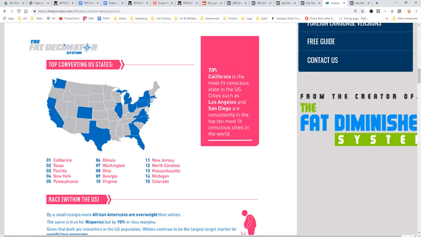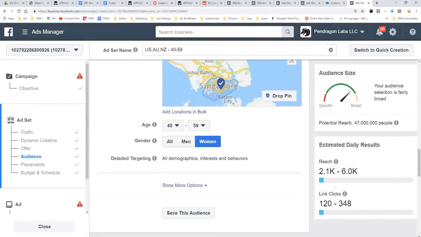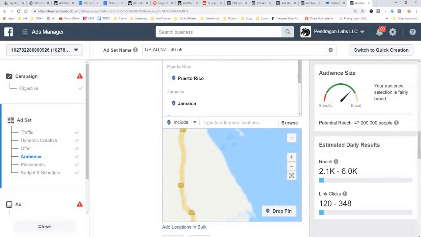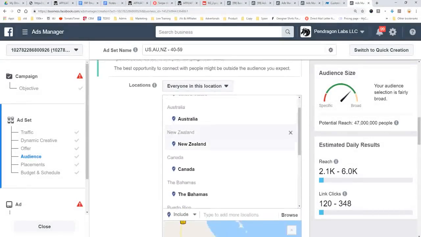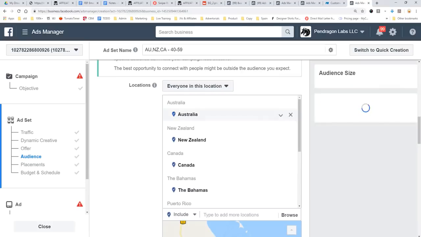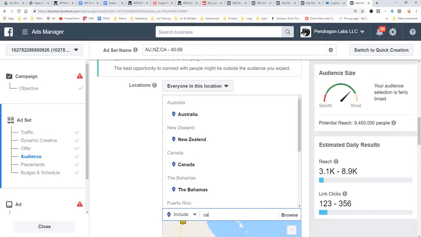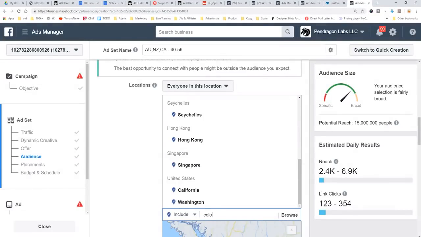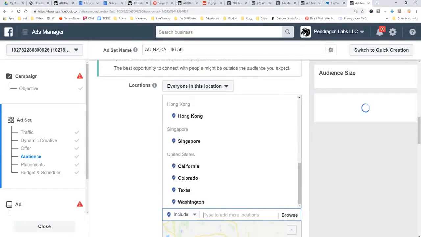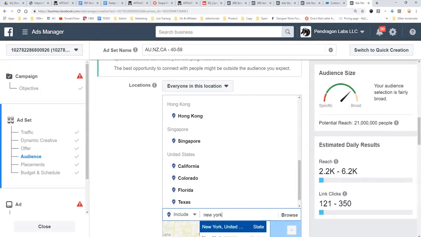California, Washington, Colorado, and Texas. So let's go right here. We're going to go up here and we're actually going to click X on United States and type in California, Washington, Colorado, Texas, and we're just going to do a couple more. Florida, New York, South Carolina.